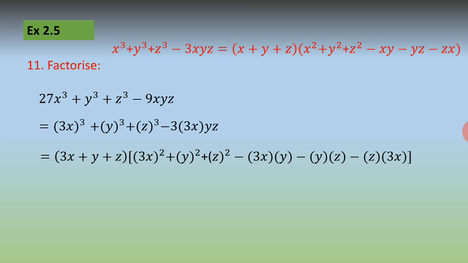Corresponding changes are done and this is what you get. The first bracket is 3x plus y plus z. Second bracket, some squares are there, some multiplications are there. So you have noted them down in that way. The next step that is left is solving these things mathematically. So you are left with this. First bracket as it is. In the second bracket, you will need to do the squarings and you have to multiply certain terms also. After multiplication and squaring, you get all these values as the answer.